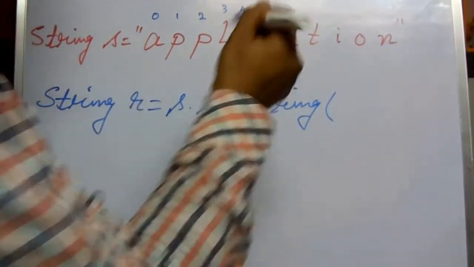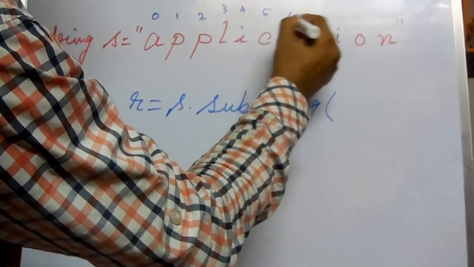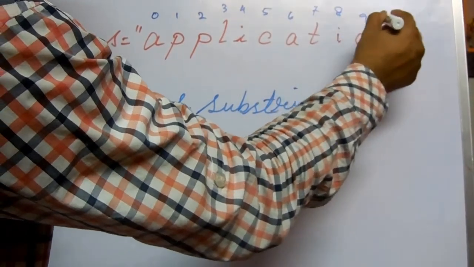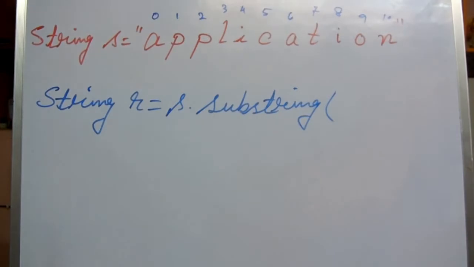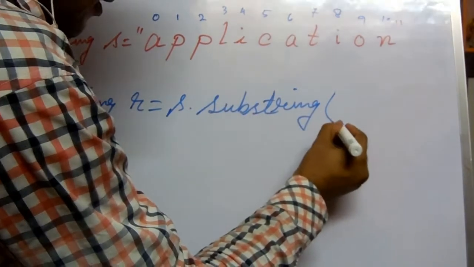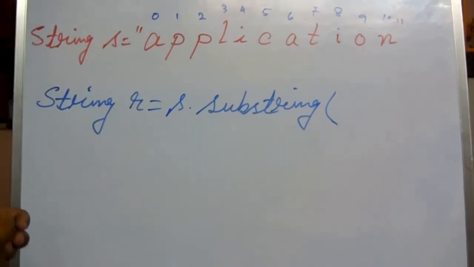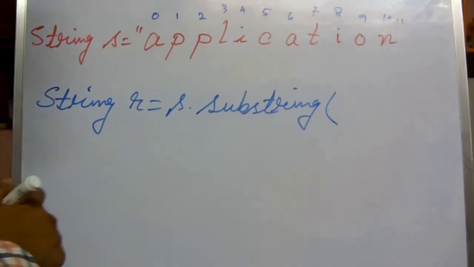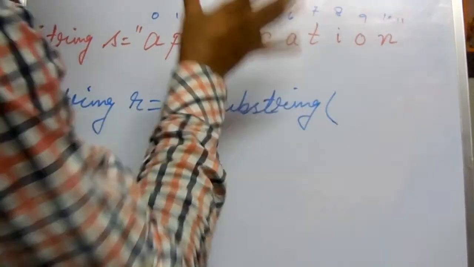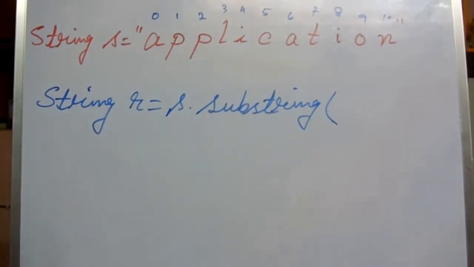So the index positions here were 5, 6, 7, 8, 9 and 10. Okay. So now, the substring method with two arguments. With two arguments, the first argument is no problem, but most of the students have a problem with the second argument. If we want to extract from the middle, not from the beginning and not till the last, some part in the middle, say 3 or 4 characters, like that.